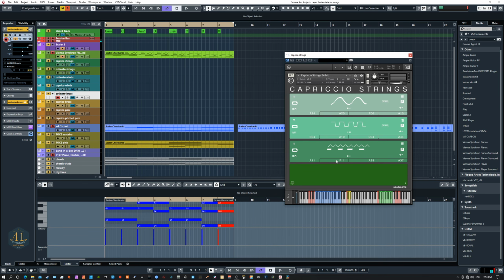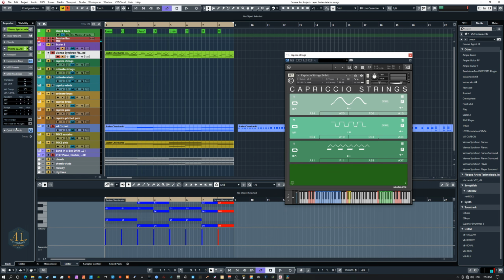All you want to do is, you don't want to use all these fancy key switches. Don't worry about these at all. Don't need them for what we do. You just want to make sure that any note, and you can grab and try all kinds of stuff, you just want this blue part to be active. And a way to filter everything else out is just go to a sonokinetic track, go to Midi Modifiers,